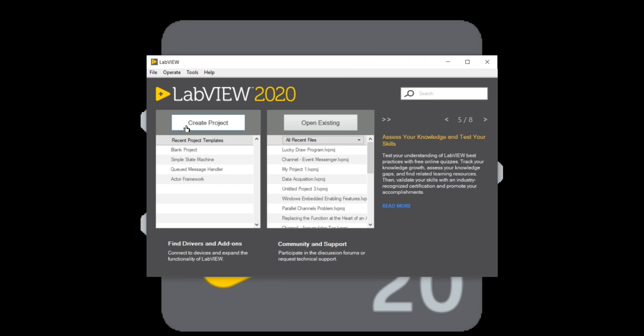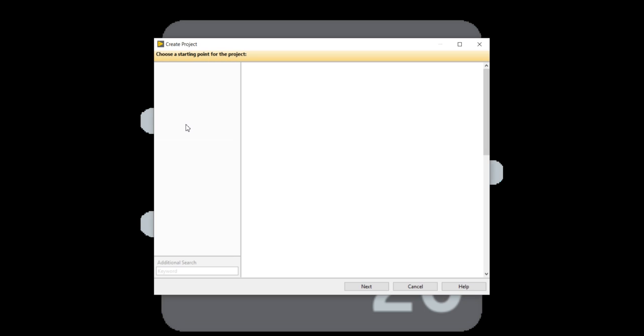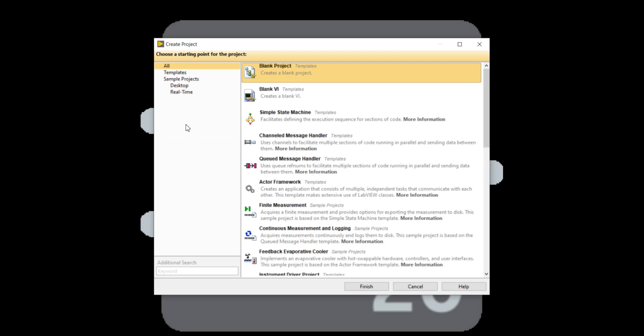Now create a project. Open a blank project. Hit the finish.